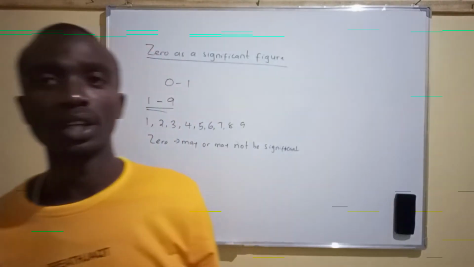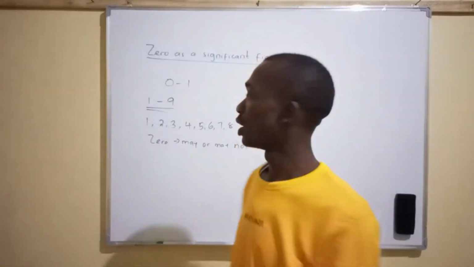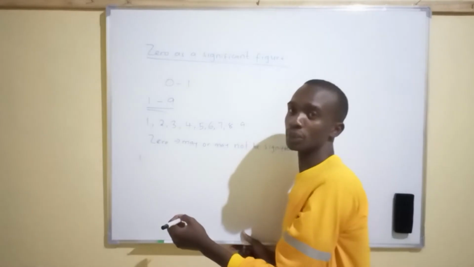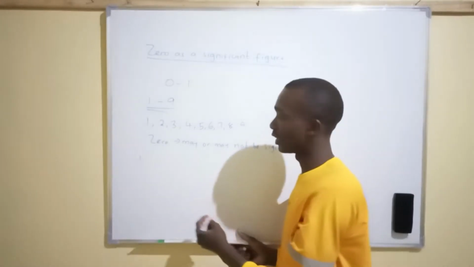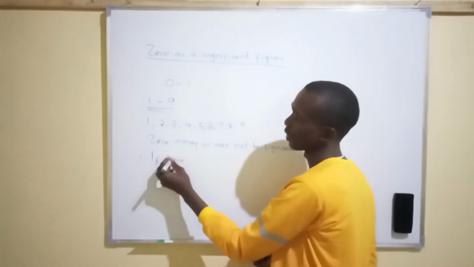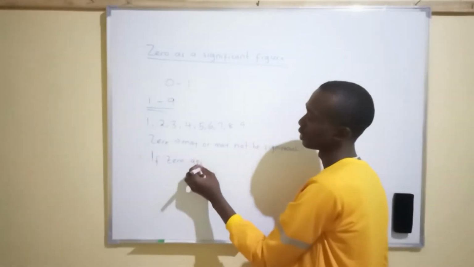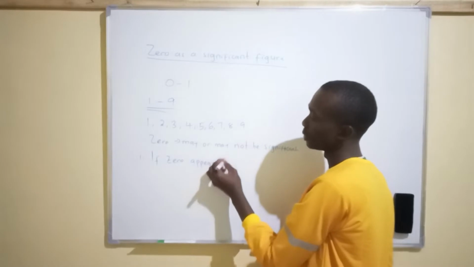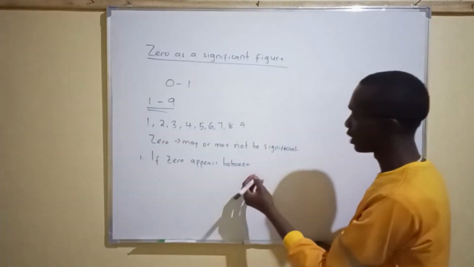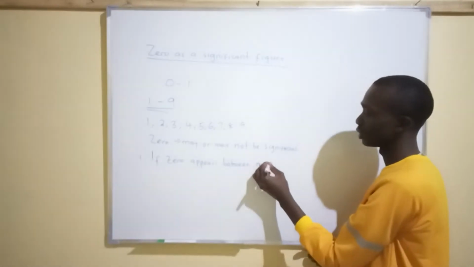For example, in the first example I'm going to give you, the first point whereby 0 is counted as significant: if 0 appears between non-zero numbers,